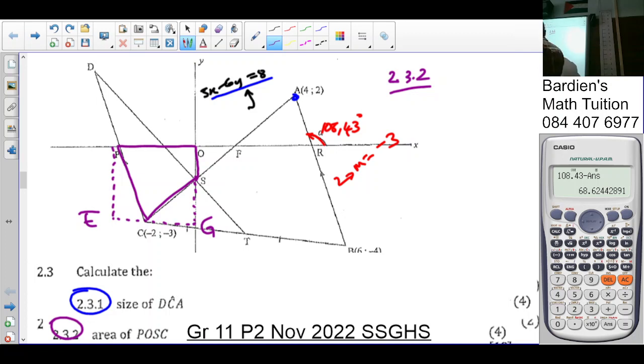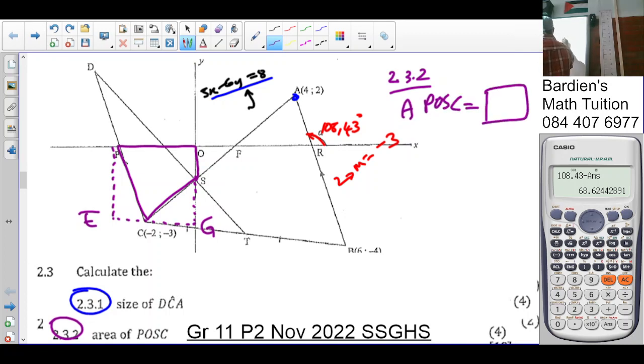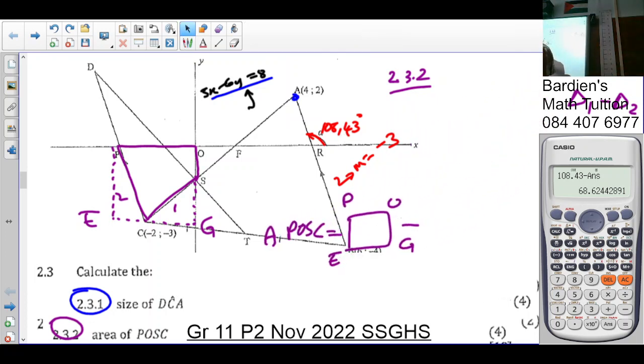Okay. So what I'm going to do is the area of POSC is simply going to be that big rectangle, which is POGE minus triangle 1 minus triangle 2. Can you see that, people? So what it's going to give us now is, just put this here at the bottom. So I know it's behind it. Start on that side. Alright. So now